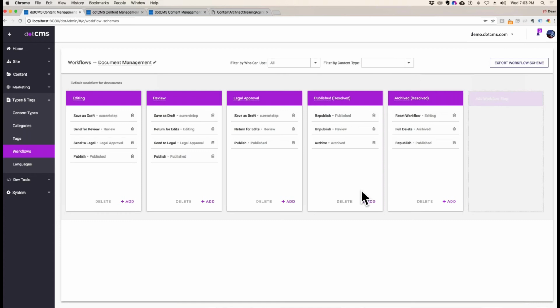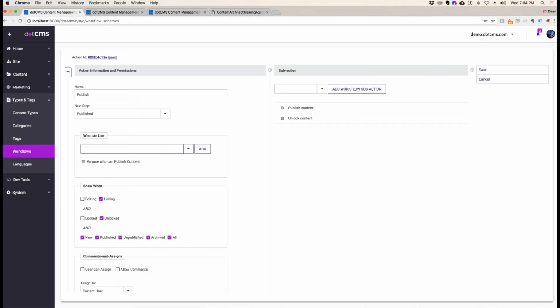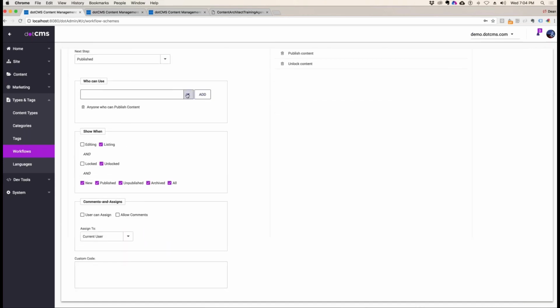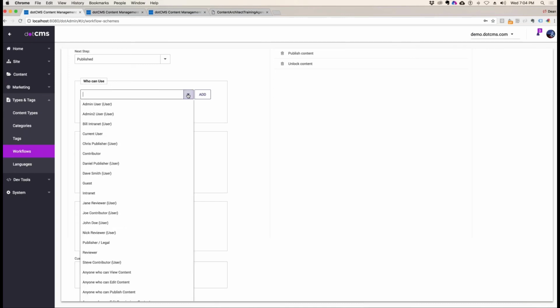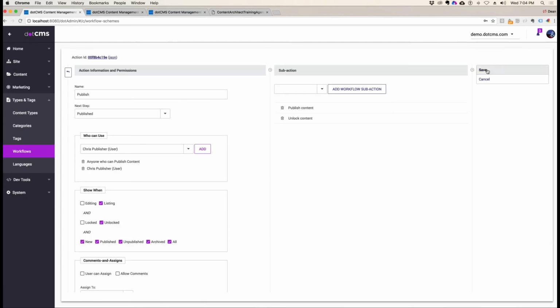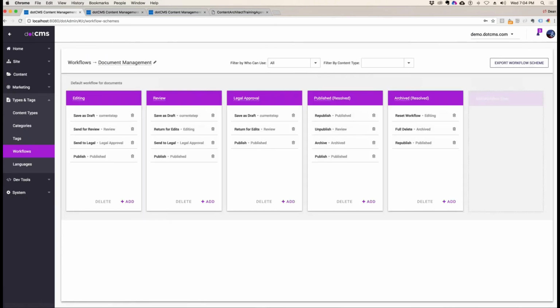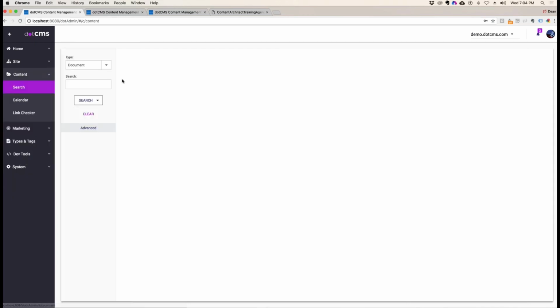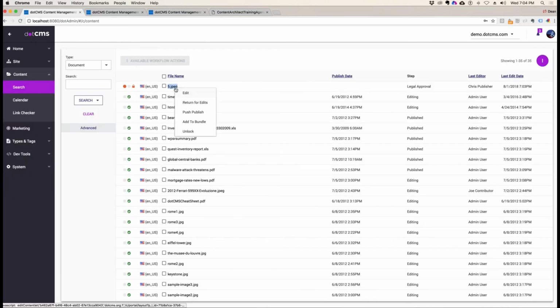So yeah, but you can add anything you wish, I can add that publish over here in the publish step. I can make sure that anyone who can publish content, current user, Chris Publisher, it's just a sample and you can manipulate it any way you want. But I just want to show it quickly and not spend more time on it. So let me unlock myself as the manager, take it away from Chris, publish it myself, and then finally show